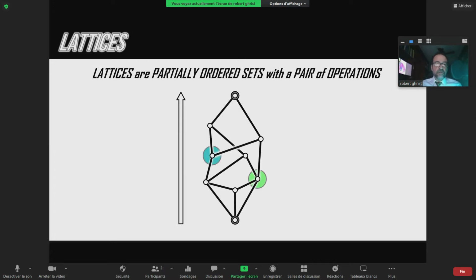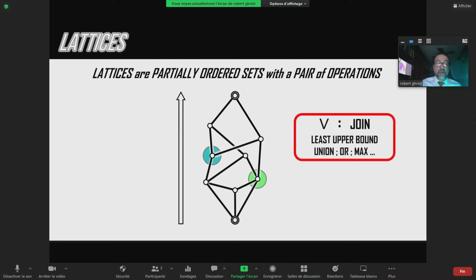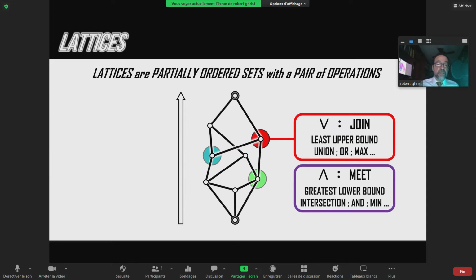If I take two elements in this lattice, I can talk about its join, that I use this kind of symbol for. This is a generalization of a least upper bound or a union or a maximum. Likewise, I can talk about the meet, which is the dual notion. This is like a greatest lower bound or an intersection or a min. The notation would seem to indicate that there's a logical component to this. Indeed, there is. You can represent Boolean algebras as particular types of lattices in which join and meet become or